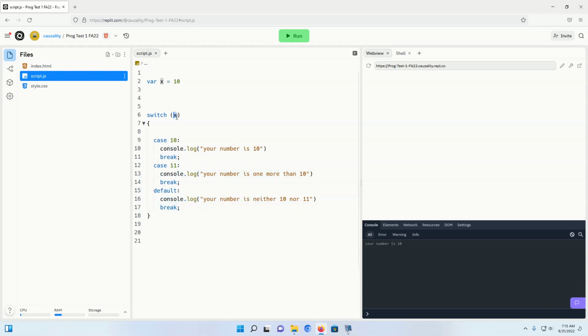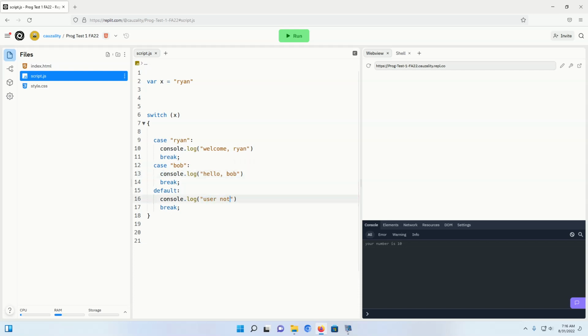Now, this is probably more used for text, but it seems to work for numbers as well. For text, you would just put quotes around it. So I could say, maybe this is my name. I'll just use lowercase. And then it'll check if your name is Ryan. It'll say, welcome Ryan. If your name is Bob, it'll say, hello Bob. And otherwise, it'll just say,